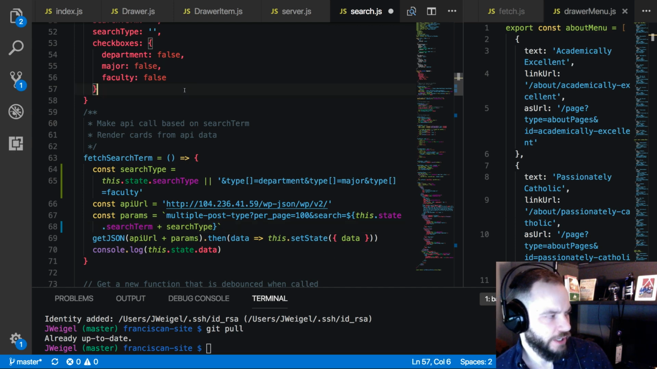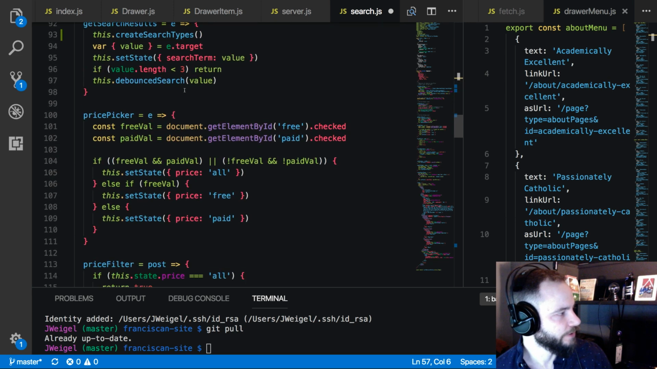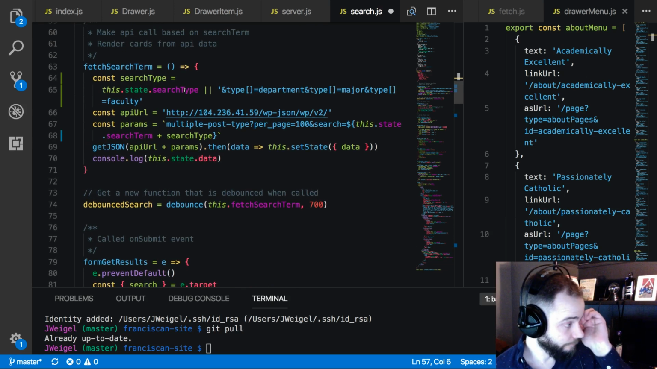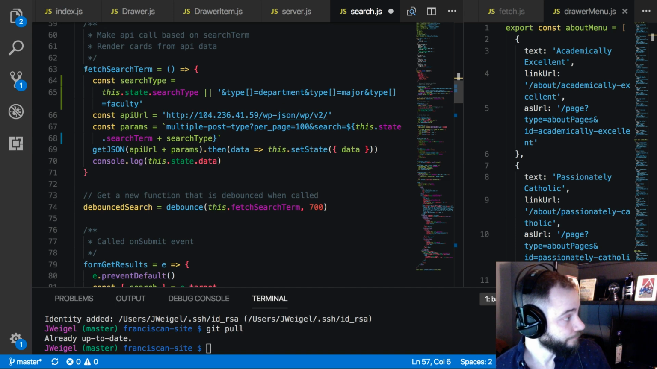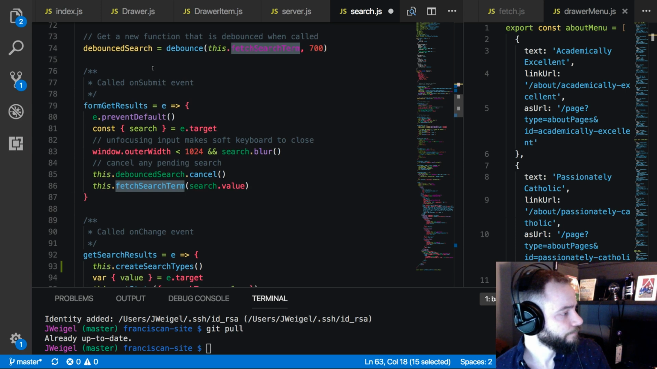So eventually this will end up being a giant string, but for now this kind of solves the problem of the checkboxes. And then the other thing that we wanted to do was when a checkbox is clicked, we wanted to search. So fetch search term. I think we can call fetch search term. Or should we do